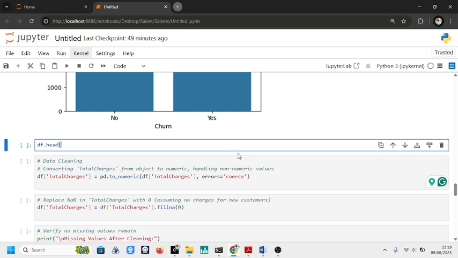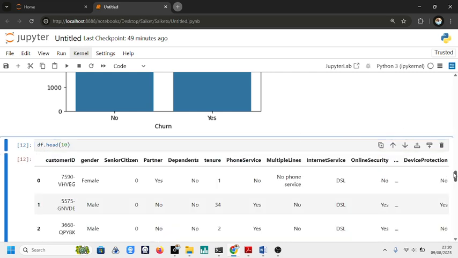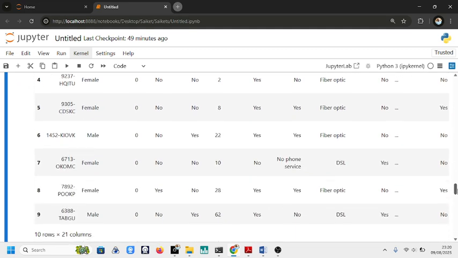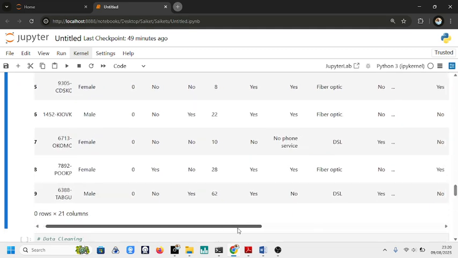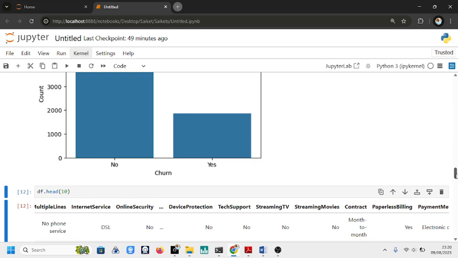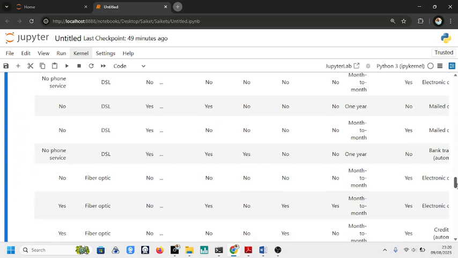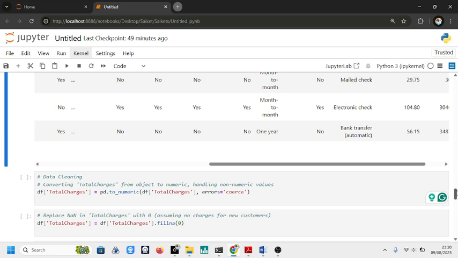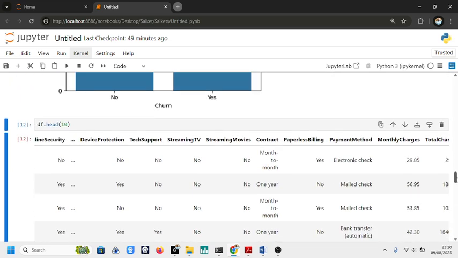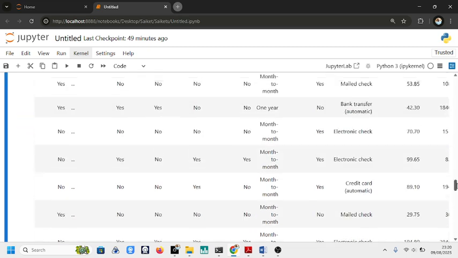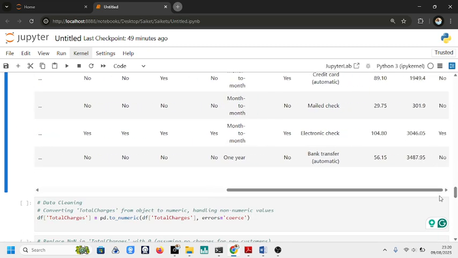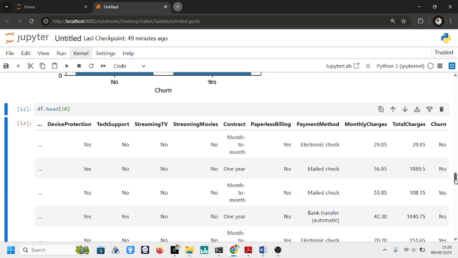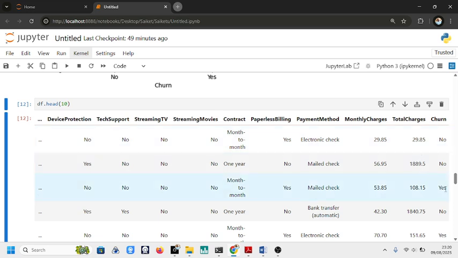df.head. Let's look at the first 10 values. We'll look at the total charges column. It is actually supposed to be numeric, but I think it came as text. Where is the total charges? Yes, you can see the total charges is here. It was saved as text instead of numeric, so we're going to have issues with it